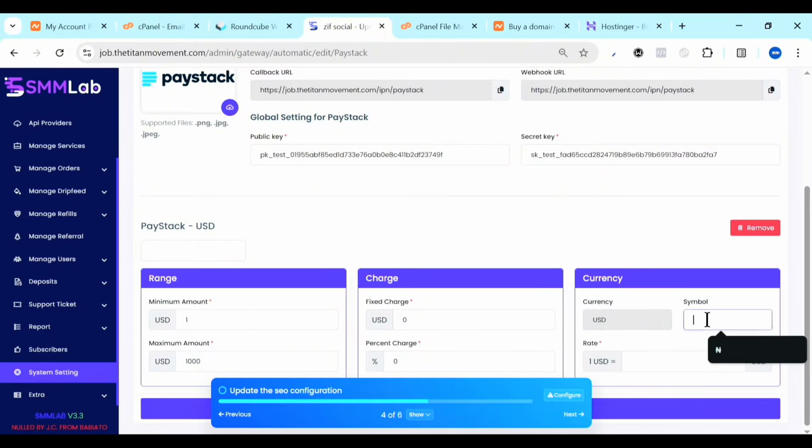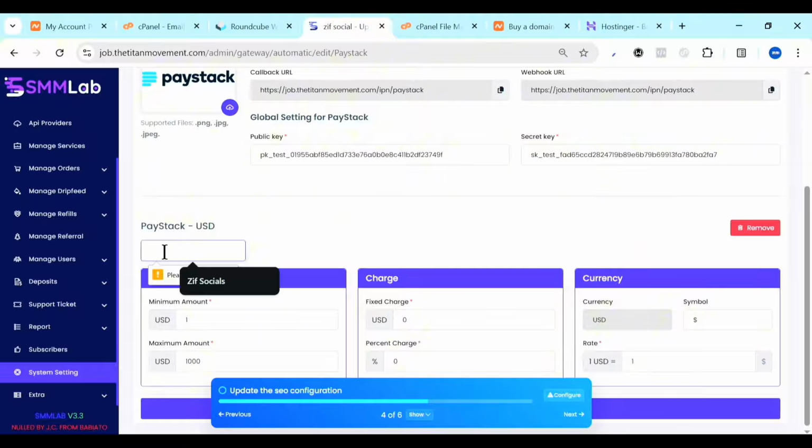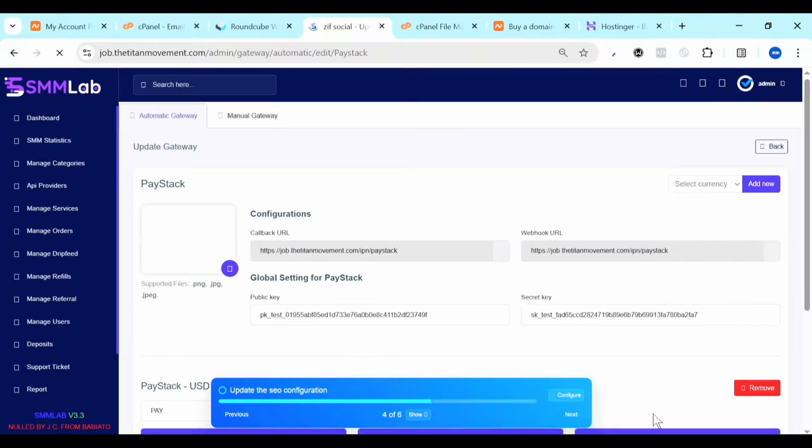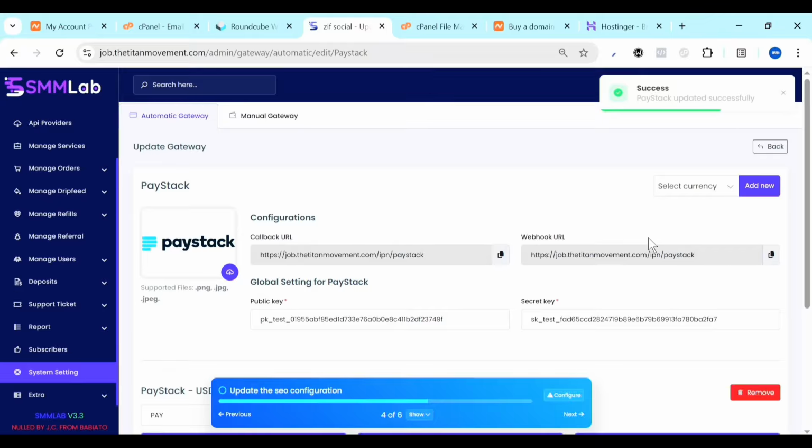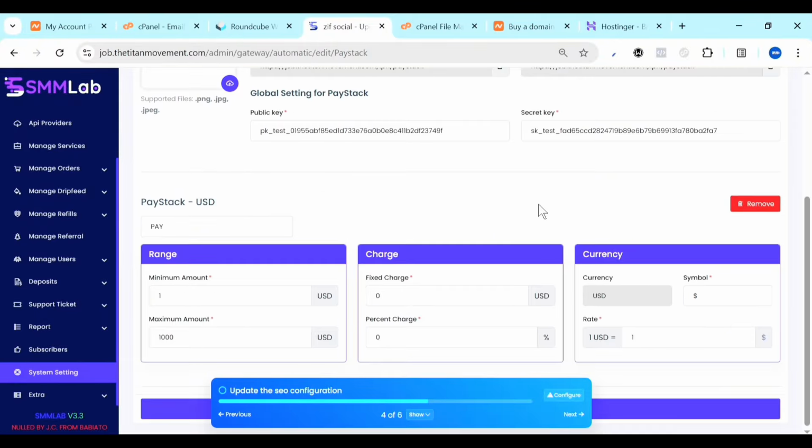Then currency symbol, which is the USD. Exchange rate is $1 to $1. Then click on save. So I'll call it pay. So just click on this update, and that's all, right? You could add naira if you're in Nigeria or other currency based on where you are,